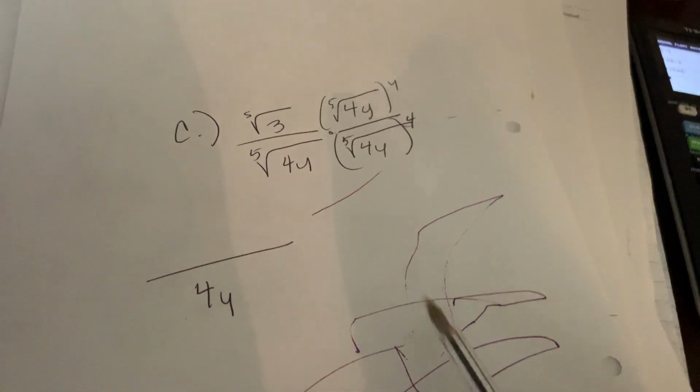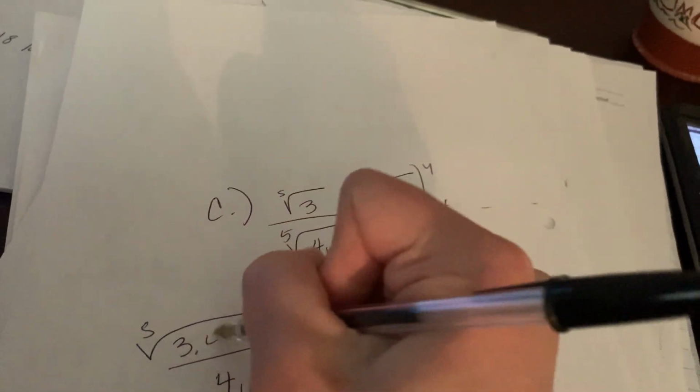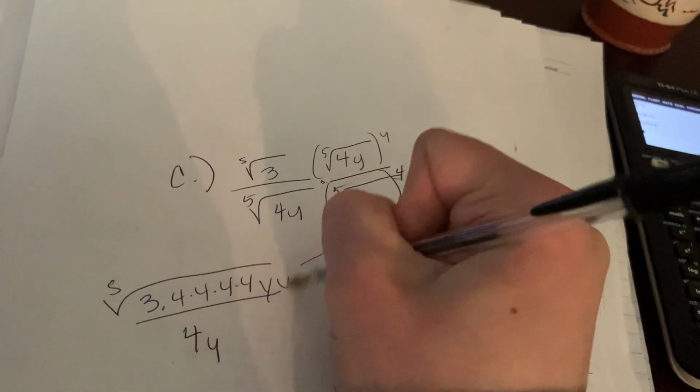So the bottom is just going to end up being 4y, because you have 5/5, and then the top's going to be the 3 you had, and then we had 4 more 4s and 4 more y's,